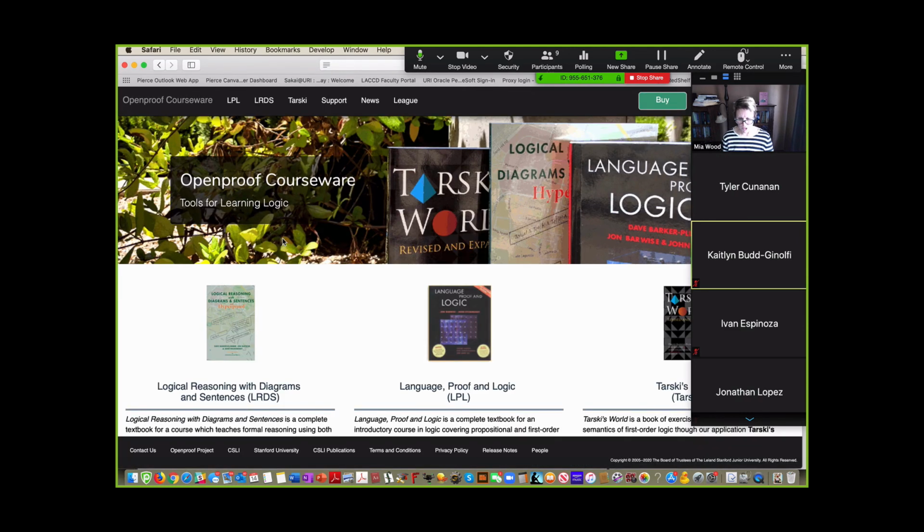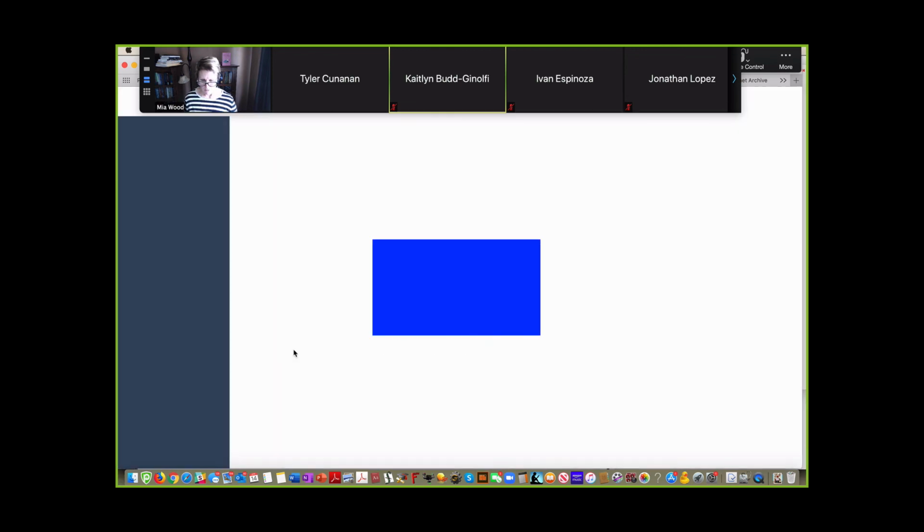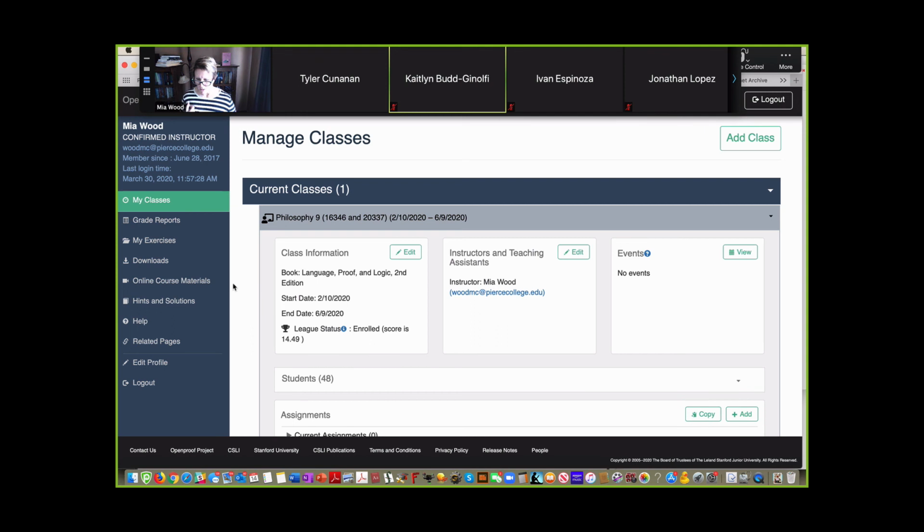So now you should see our OpenProof website. And I'm just going to go ahead and log in. Now, this is what I want to remind you of. Once you log in, you'll see on the left margin